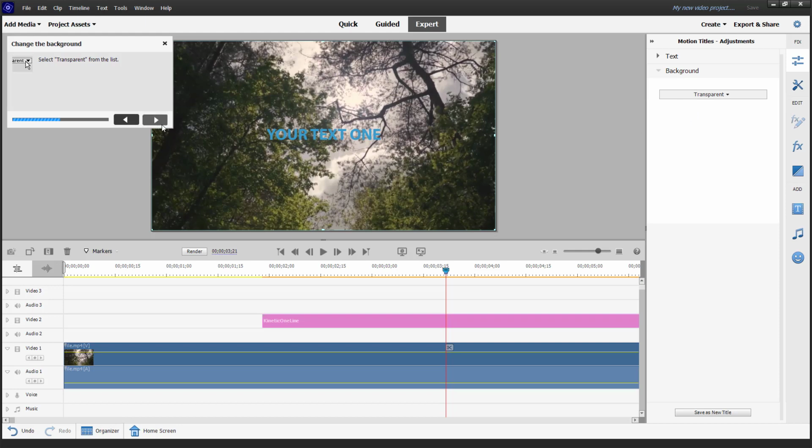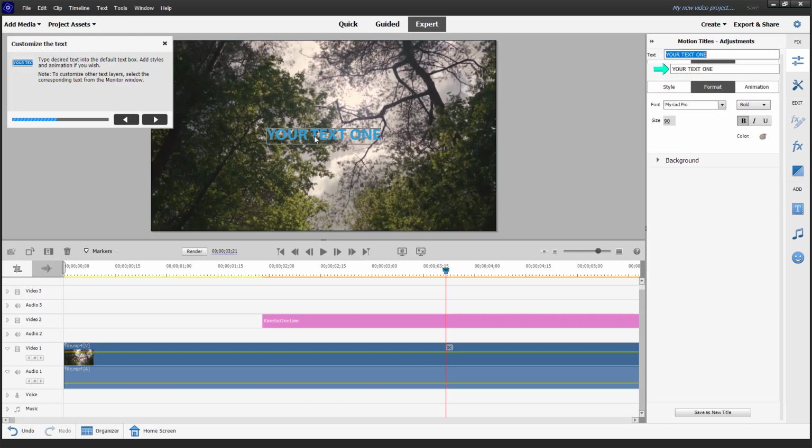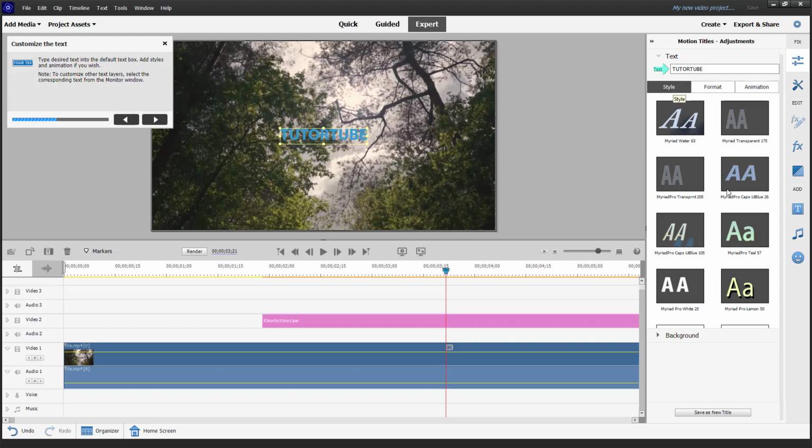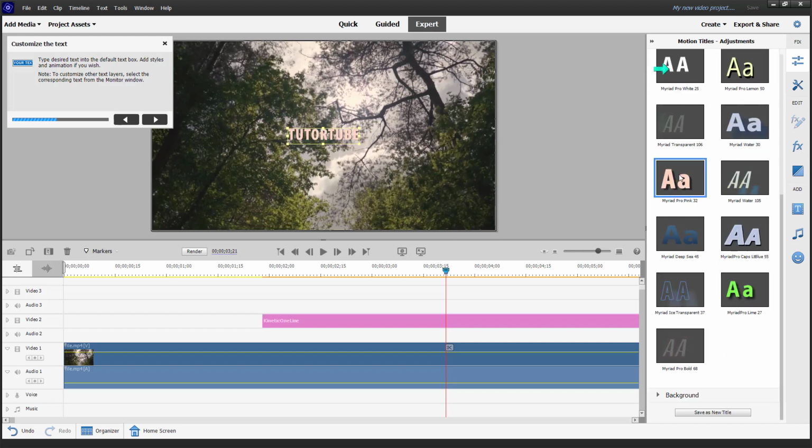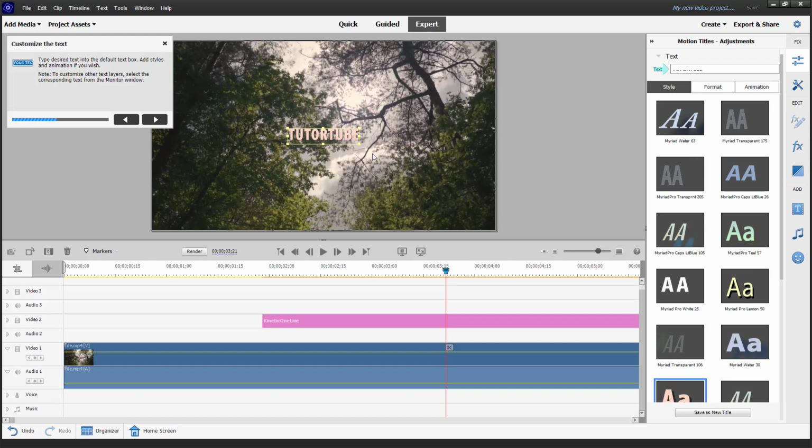Then I'm going to click on next, and it says select the text right here. So I'm just going to select the text right here and add in style to it. I'm just going to say tube over here. And I'm going to go over here onto style, and let's say select something distinct right here, just like this. So now once that is done, it says select the corresponding text from the monitor window right here,